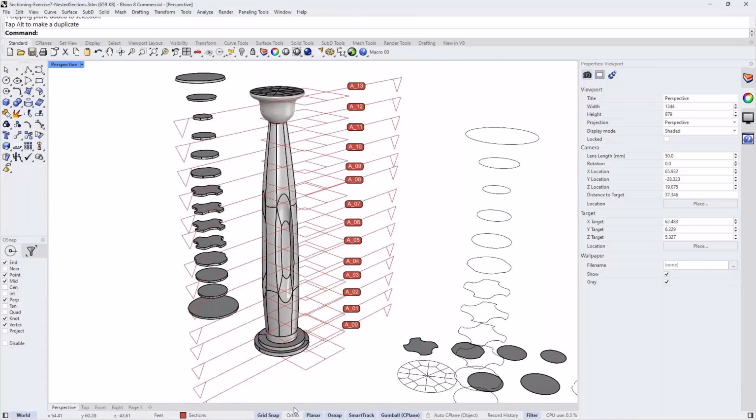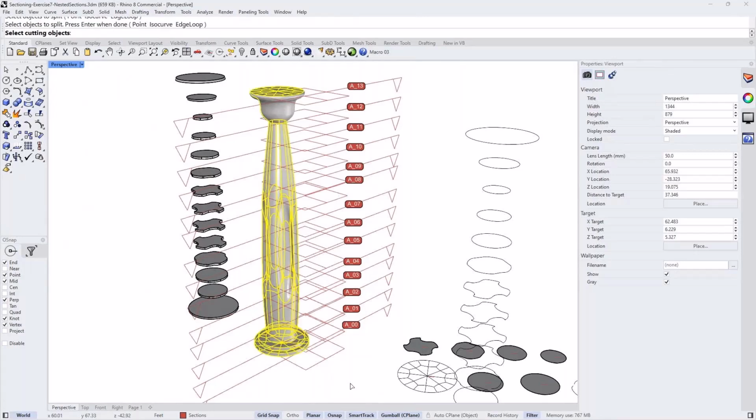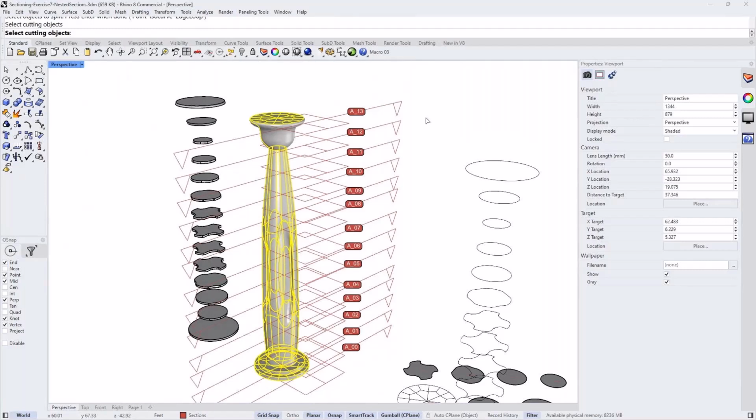No, I get that. I don't know if the split command accepts, or if there is a way to transition from a clipping plane to a plane to do the splitting. But that would be an interesting thing. I don't think it's hard to do as a simple script to just change each clipping plane into a physical plane and use it to split your model in the end. But there isn't one command to do that, because I don't think split allows you to select a clipping plane. You can select the object, but you cannot select these as the cutting objects.